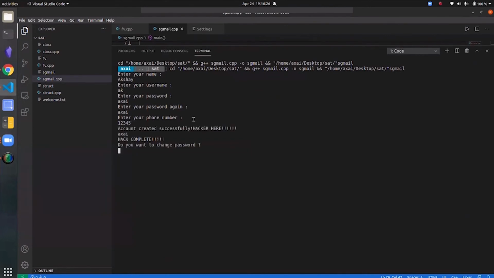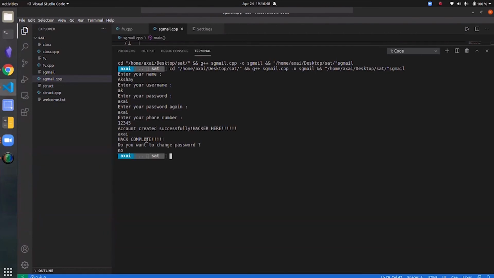Yeah, as you can see here, I am able to access my password. The password, as you can see, I've stored it here, AXAI, and I've created the account successfully. And the hacker, I mean, it could be anyone, was able to access a member variable, the password that was being stored on the database.